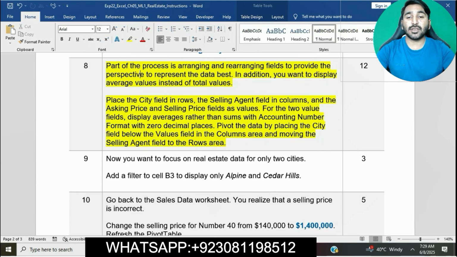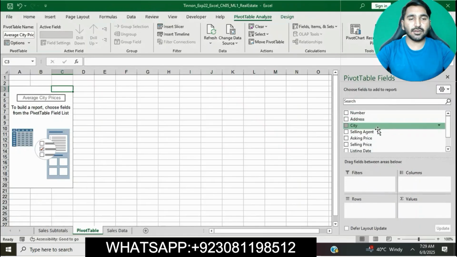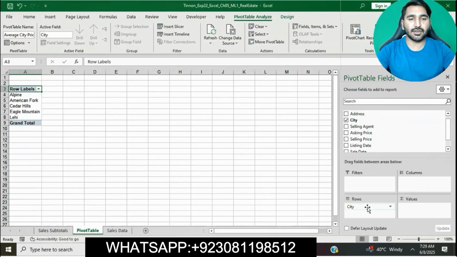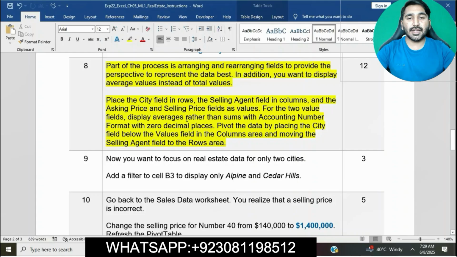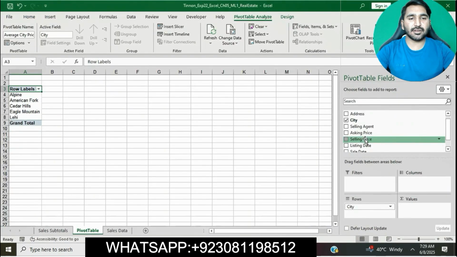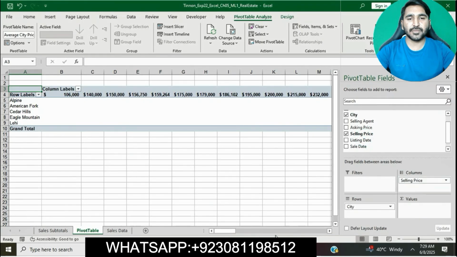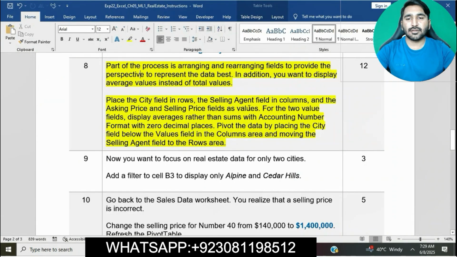First, we will place the city field in the row area. Second, we will move the selling agent field to the column area. Asking price and selling price fields as values.